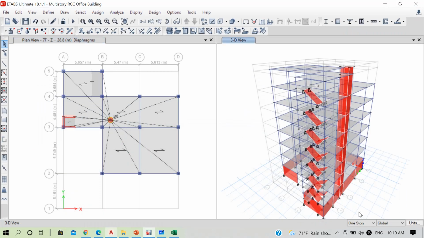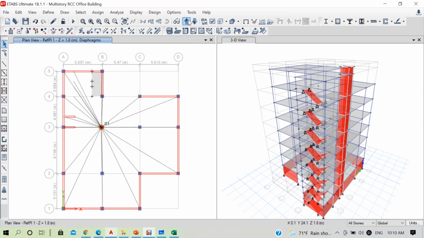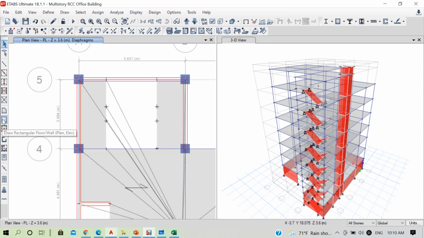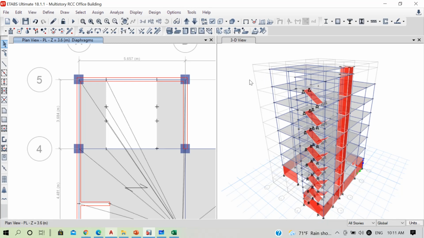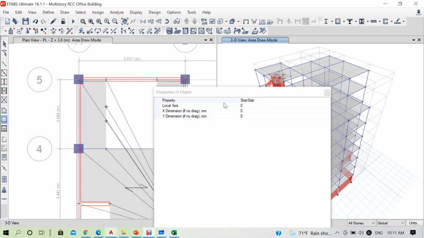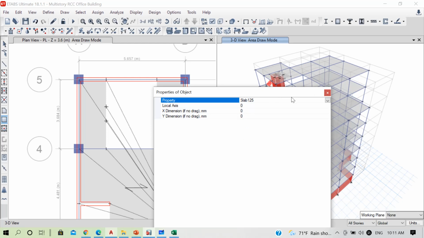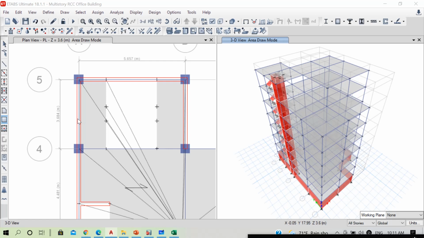So for that, what we will do is select the option all stories here, go to our first floor level, this is our first floor level, and then first activate the option which is the cross section for our particular cantilever. That means if we select this draw rectangular floor wall option, here the default property for now is slab 125, since we are going to draw slab 125 as cantilever. And then select this beam here,